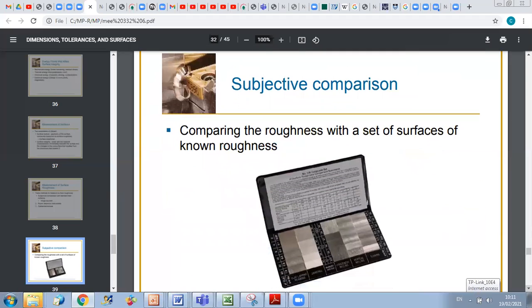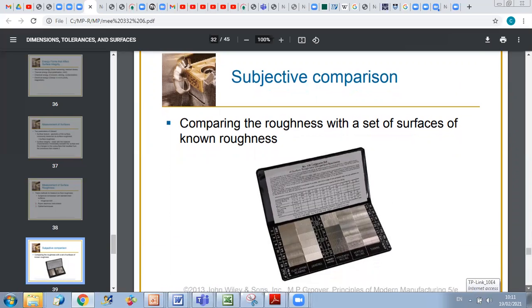First, we have the subjective comparison. In the subjective comparison, we have a set of surfaces of known roughness. If you have a surface, you can touch it with your fingernail and touch other surfaces with known roughness. When we feel that it's the same touch, then we can say that we have similar roughness and determine the roughness of the surface. But of course, it's a very subjective method and it's not very accurate, especially when you have small roughness. If you have very small roughness, it will be difficult to feel it by touch. This is why we have more advanced techniques such as stylus